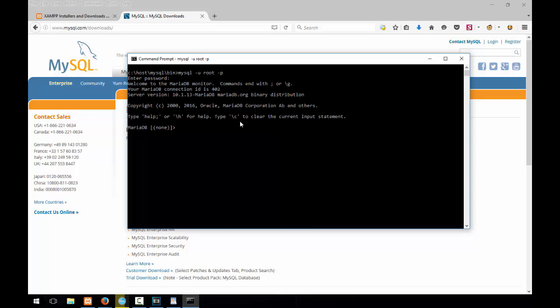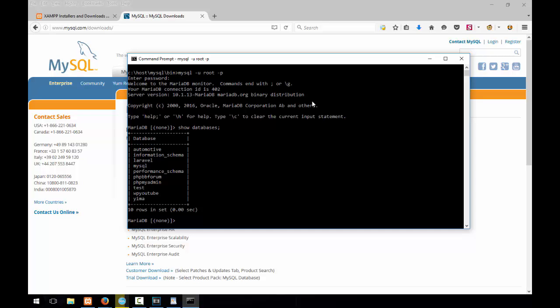This is very difficult to use because you can't copy, you can't paste. The commands are very hard to manage your databases from here. You can do it, but it's better to use some other software. For example, you can use the